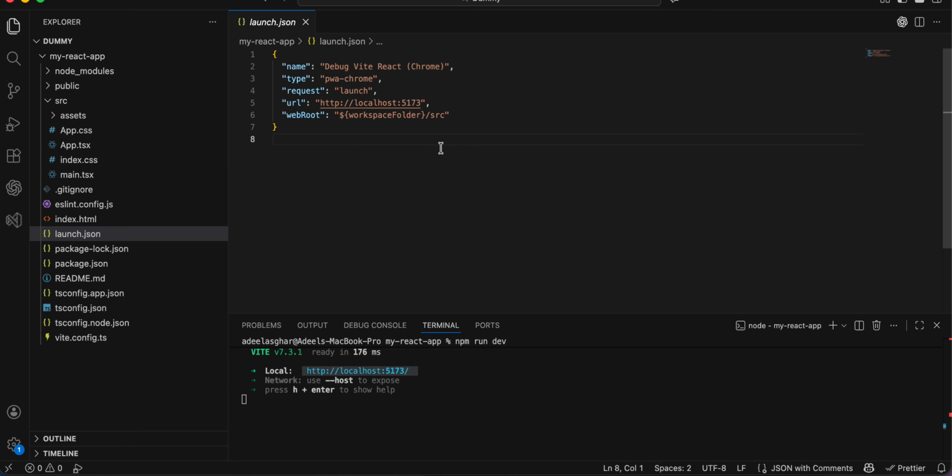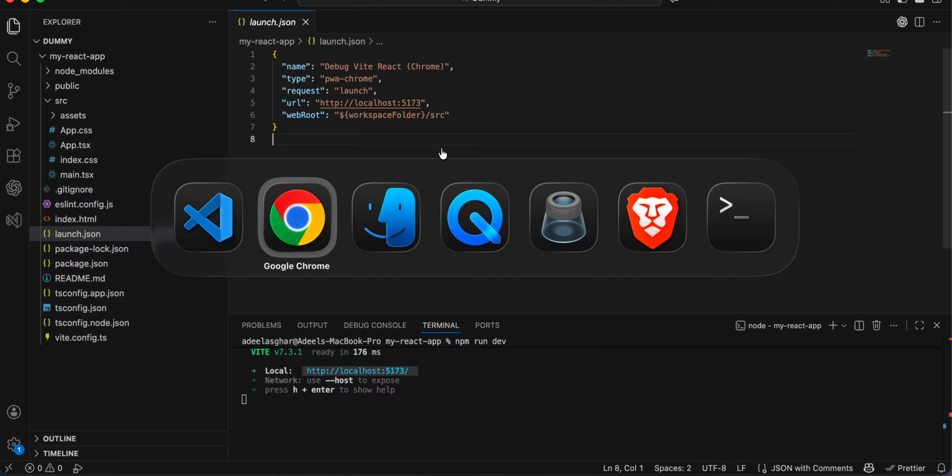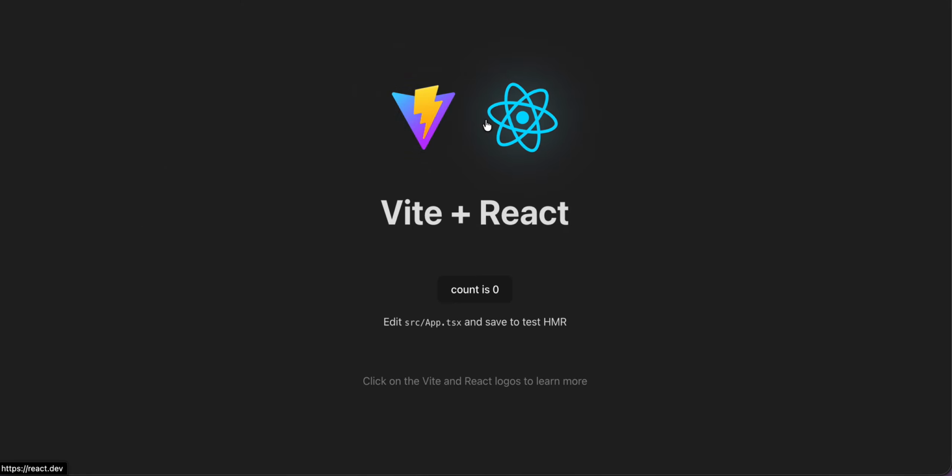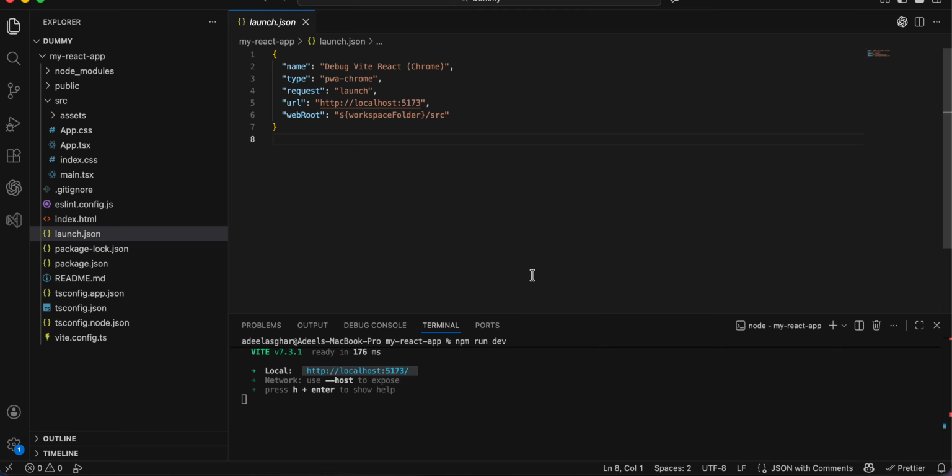Once that is done, you just run your application and press F5. The browser will automatically launch your React app and you can browse through different pages. Once that is done and successfully tested, you go back to your application,